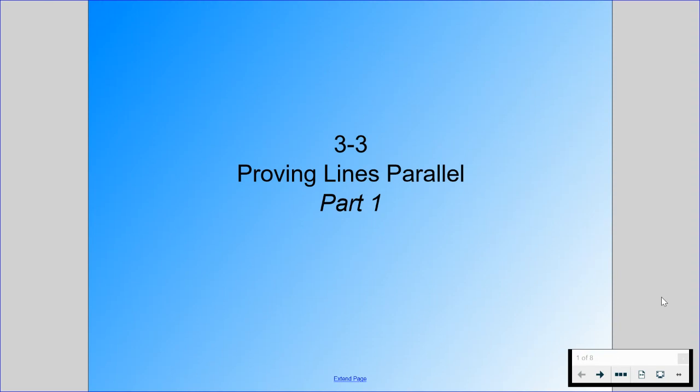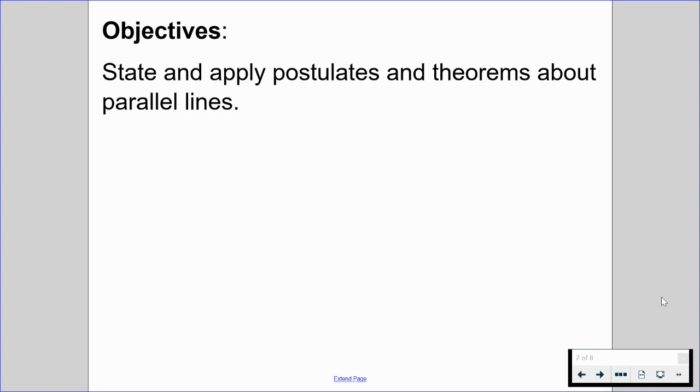So today we are going to be going through Chapter 3, Section 3, Proving Lines Parallel. Just like last section, this is a two-part section, but we're going to do it in one video. So please have out our guided notes, and let's talk about Part 1. By the end of this video, we should be able to state and apply postulates and theorems about parallel